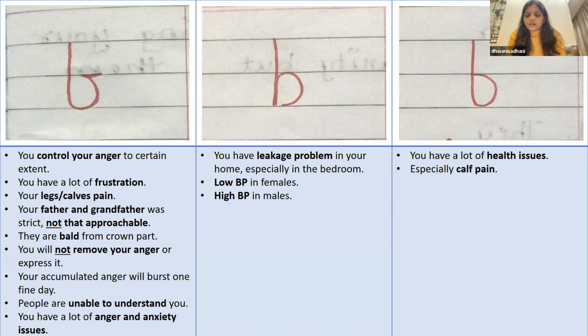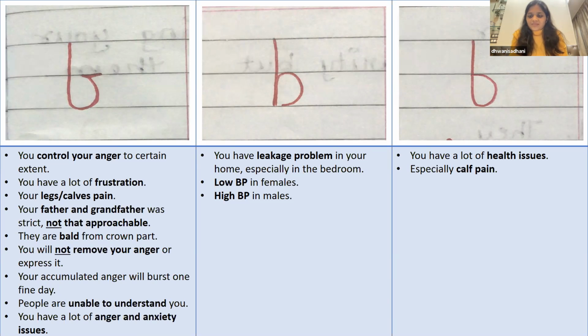Okay, then we'll go to the second B. Now in the second B, always remember when you draw a B, the B should always be joined. Now, because the B stem and the B curve is not joining towards the end, can you see there's a small space? They're not joining at the end. Now, this shows that there is a leakage problem in your house. So if you have such a B, there is always going to be some leakage problem at your place, especially in your bedroom. This is very amusing, right? Like to know through your handwriting if your house has a leakage problem.